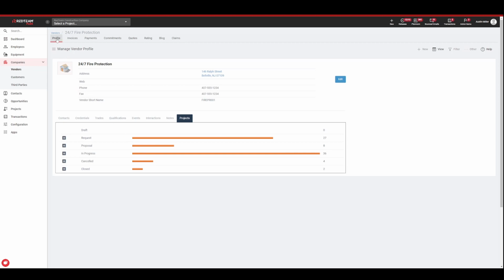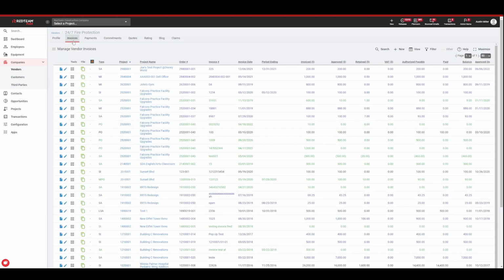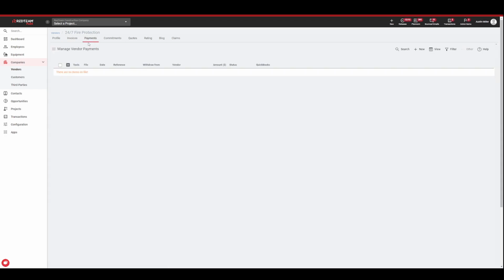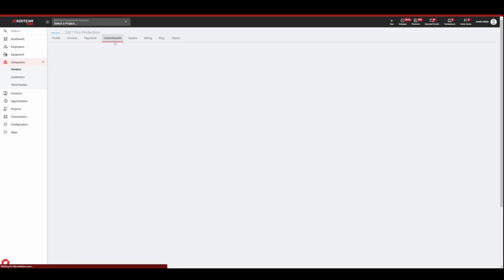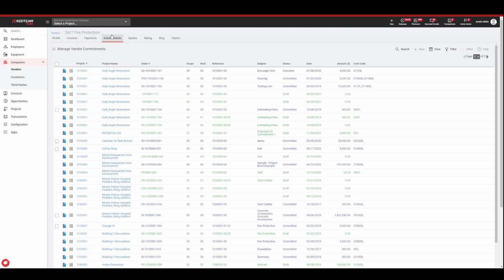Back up at the top, we took a look at their profile page, but I could also view invoices. Now, this would be invoices from this specific vendor. As we're back on the overview page, it was all invoices. Any payments that we've made, any open commitments that we have with them, quotes that we've received,